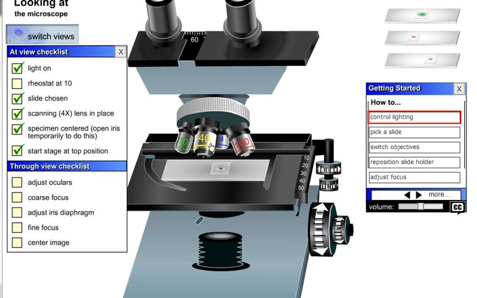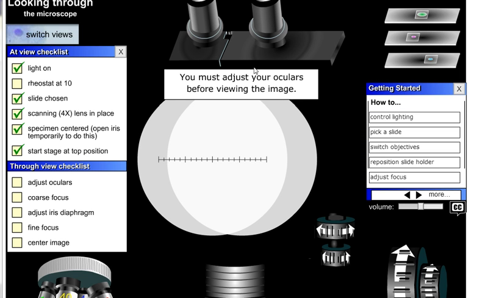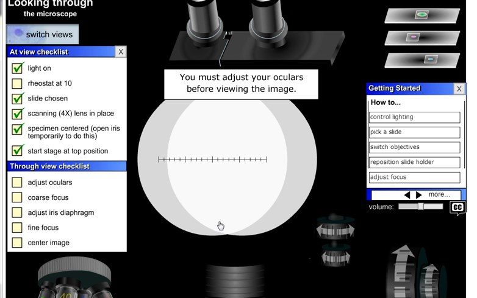Now I'm ready to focus. So I'm going to go up here and switch views. The first thing you're going to have to do is adjust this thing to fit your eyes. That's why we see these 2 circles here of light, because they're not quite lined up. And so you kind of drag this